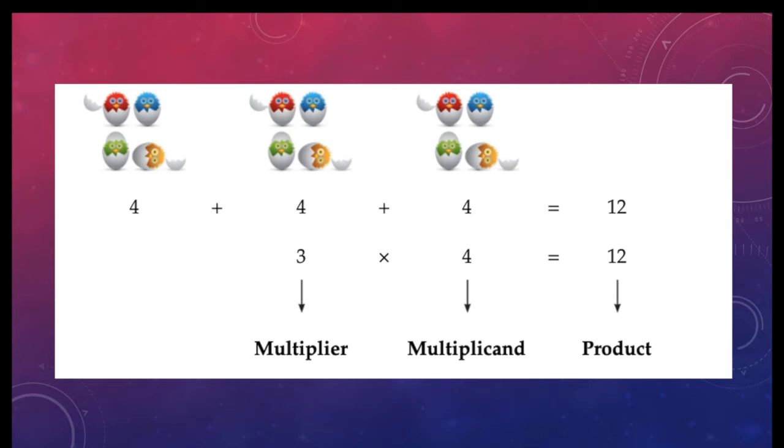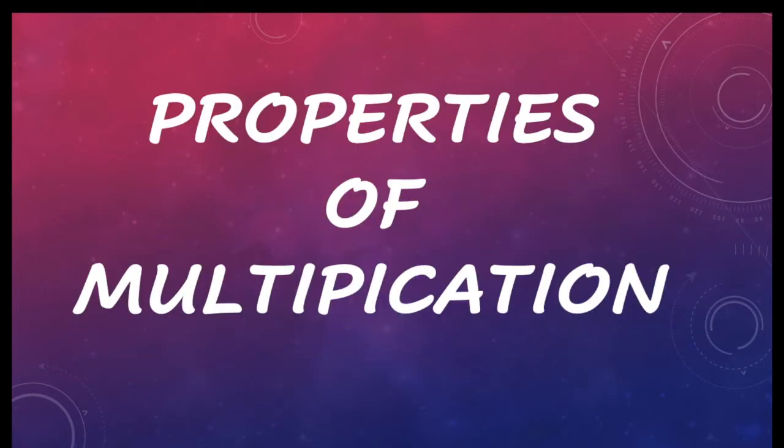So as I said earlier, multiplication is also called repeated addition. So we have 4 here, and in the other group we have 4, and in the other group we have 4. So when you add 4 three times you get 12. So here we have done repeated addition and in the same way here we have done multiplication also. 4 plus 4 plus 4 is equal to 12 and 3 into 4 is equal to 12. So 3 fours are 12.